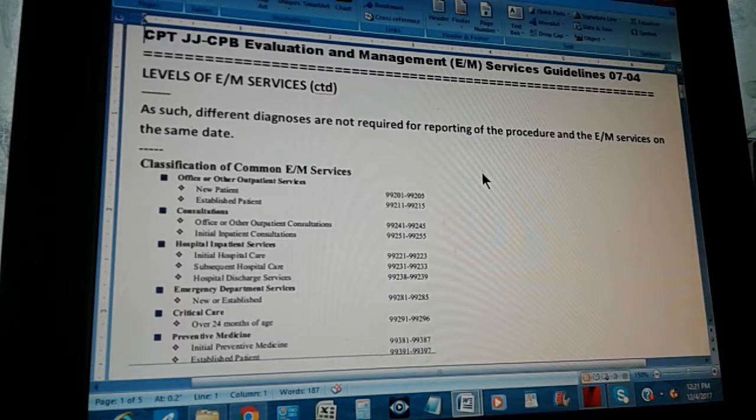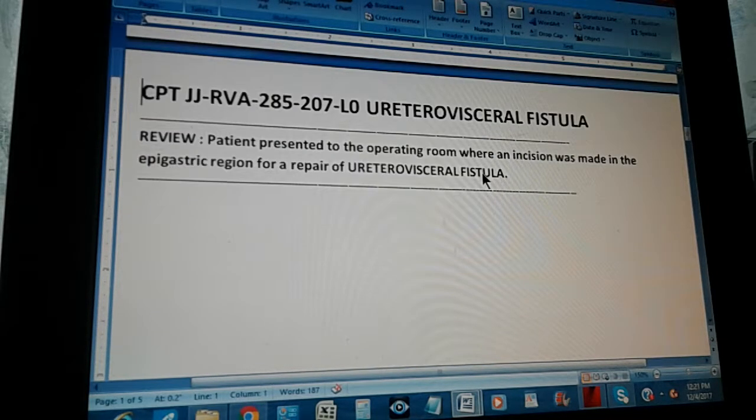Now let's do a problem. So ready, set, go. All right, this is a CPT JJ-RVA, page 285, exercise 207, and this is a level 0, which means that it's a very easy coding exercise, okay? And the keyword is ureterovisceral fistula. And the text reads like this. Review. Patient presented to the operating room where an incision was made in the epigastric region for repair of ureterovisceral